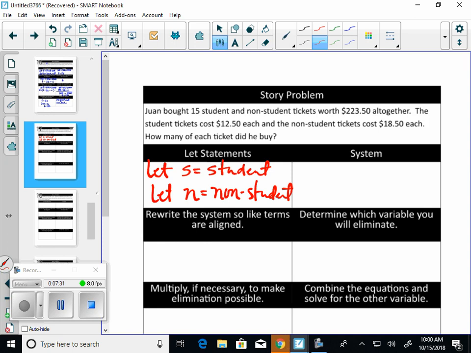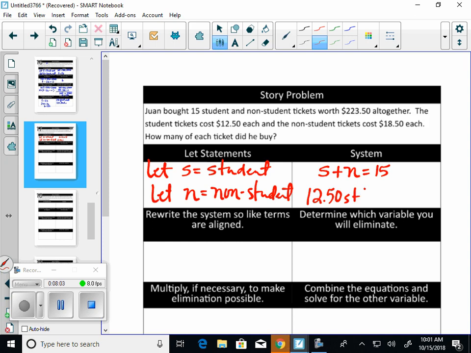System, what do I know? I know that together there was a total of how many tickets? 15. So I took the student tickets plus the non-student tickets, and that's a total of 15 tickets. And then I know that together they're worth an amount of money. So how much is one student ticket? $12.50. So I would take $12.50 S